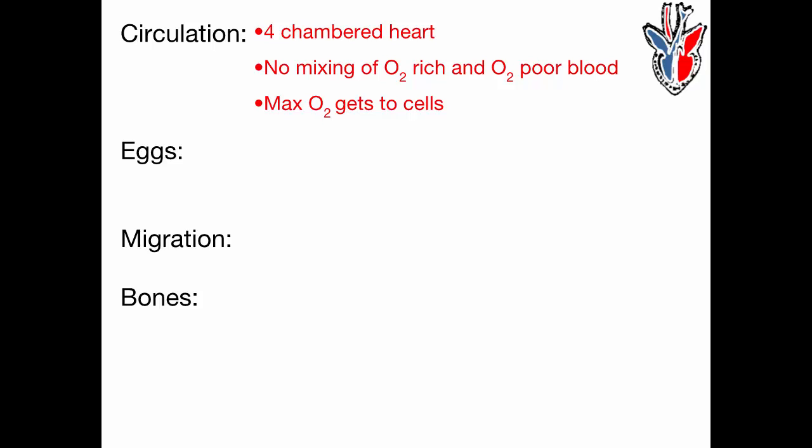And this is important because birds use a lot of energy. Flight is very energy intensive. And so their muscles need an adequate supply of oxygen. And having a four-chambered heart is an adaptation that allows them to maintain that oxygen level. The right side of the heart receives blood from the body and sends it up to the lungs to be reoxygenated. That oxygenated blood comes back into the heart on the opposite side, and then